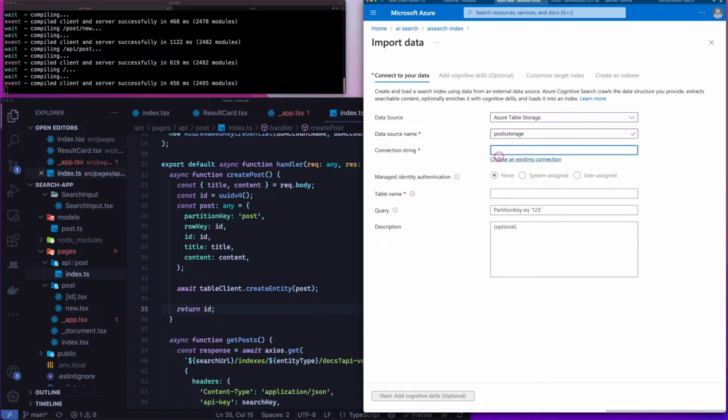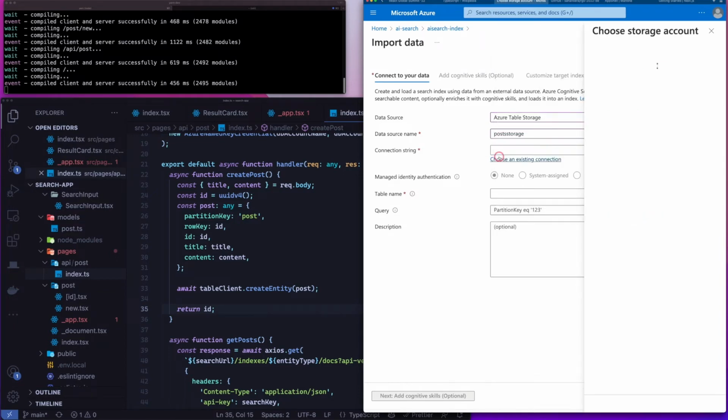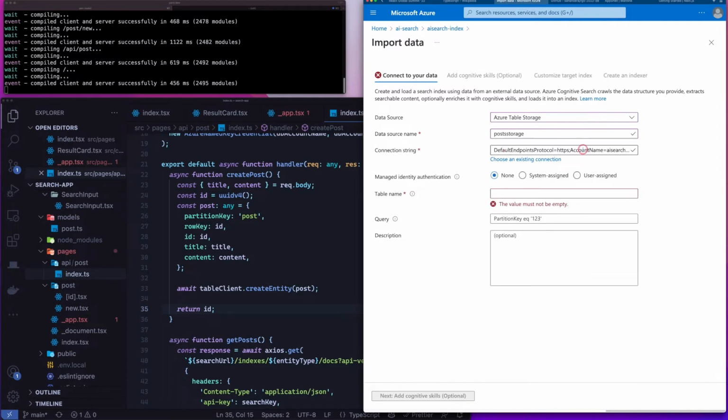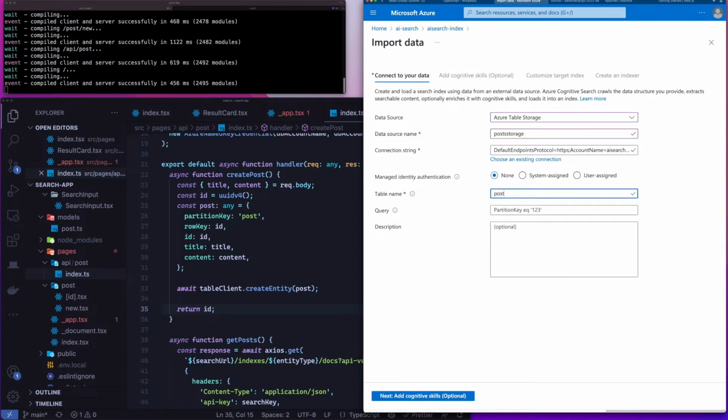and then the connection string. If you already have one created, it will automatically pop up, so you don't have to go and find the connection string. Click on that, and it will hydrate that for you. And managed identity, you don't have to worry about that. And then the table name. Our table was called posts, so you don't have to worry about the query. And then now we can set up this pipeline. So if I click on next,